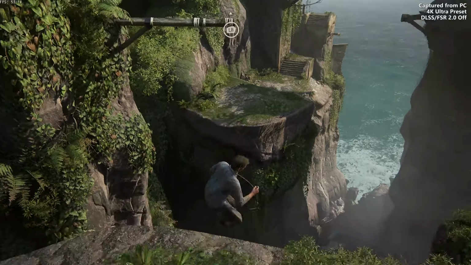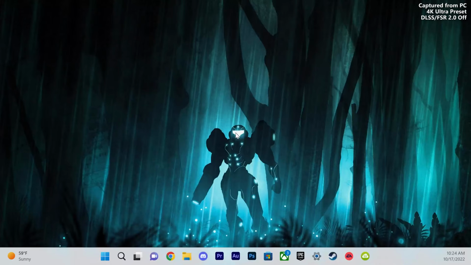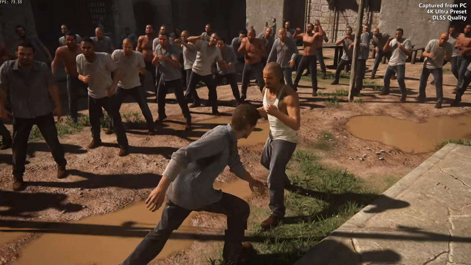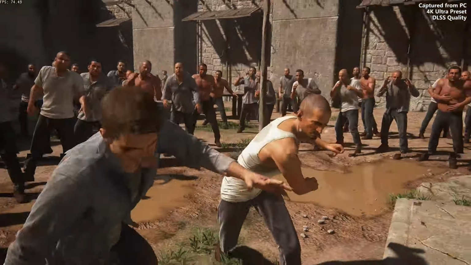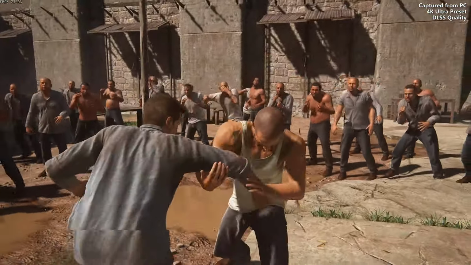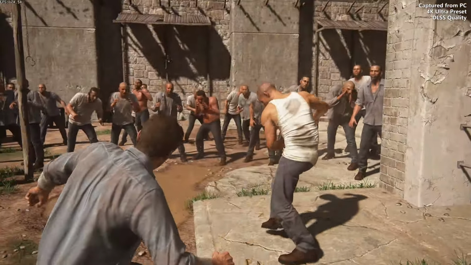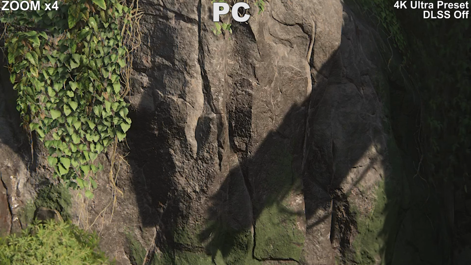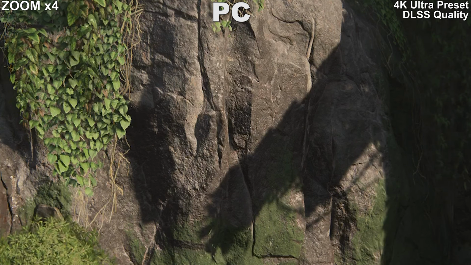For one, the game would crash if I tried to play at 4K Ultra settings, but Nvidia DLSS 2.0 prevented this and boosted the frame rate in this fight scene from around 45 to 75, upscaled from 1440p. And as you can see, the image quality looks really good. The only noticeable downgrade is that the texture quality doesn't appear to be as high when zoomed in,